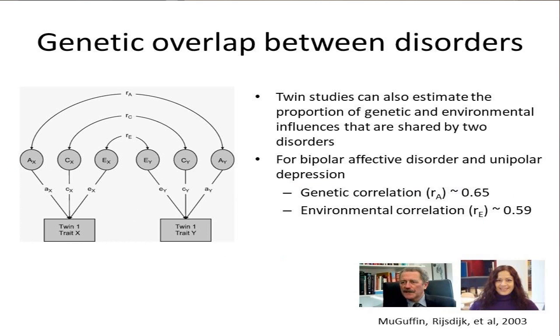In addition, twin and adoption studies can also help to estimate whether two disorders share some of the genetic and environmental influences. So in other words, genetic or environmental influences that affect the risk of both these disorders. And this is achieved by looking at the cross-trait, cross-twin correlation in twin samples. So whether the trait 1 in twin 1 is correlated with trait 2 in twin 2, and whether that correlation is greater